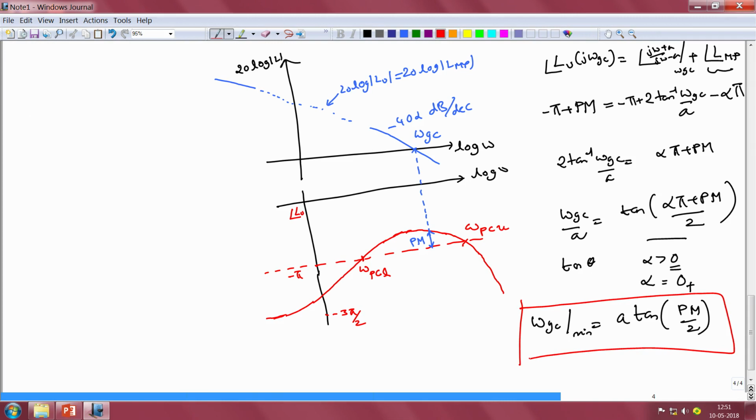So if you note this expression, once again this is for the first time in these lectures that you are coming across a lower limit to the gain crossover frequency. For this does not happen in case of minimum phase plants, it does not happen even in case of non-minimum phase plants in the presence of time delay or non-minimum phase zeros. So there is a lower limit to the gain crossover frequency, which implies that we have to maintain a certain minimum bandwidth for our closed loop system no matter what, in order to make sure that we achieve a certain specified phase margin Pm for our closed loop system.